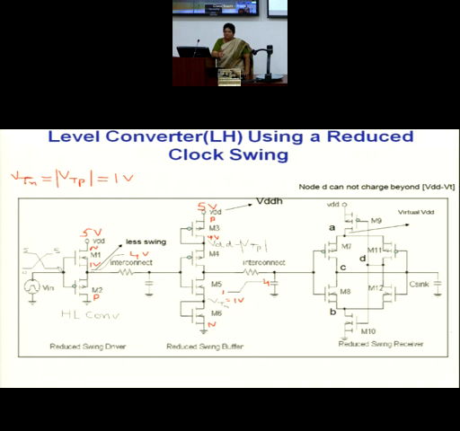I am not talking of a low VDD. VDD is still 5 volts. But your swing has reduced from 0 to 5 to 1 to 4. So lowest signal will be 1 volt. And I should take care that this 1 volt is sufficient to drive the next stage. It is taken as a logic level 0 by the next stage, else my function will be wrong. That caution you have to take.